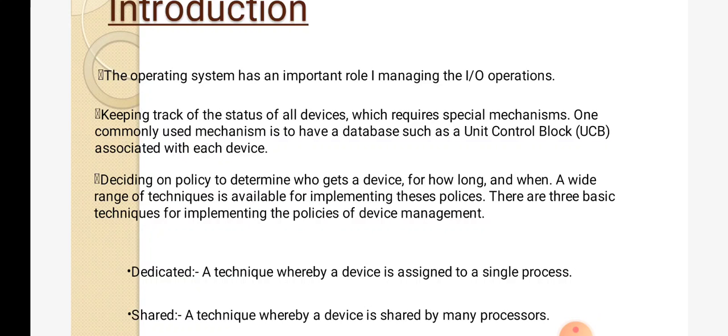The second function of device management is deciding on a policy to determine who gets a device. In a multi-programming environment, we are going to execute many programs.